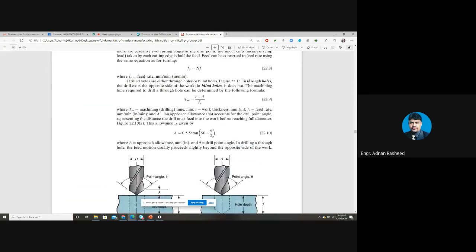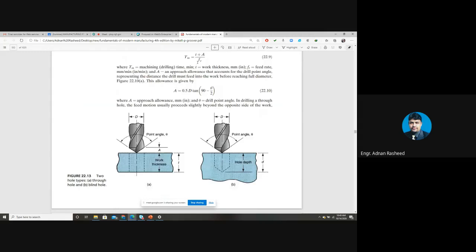Again, the time calculation formula here will be, actually in previous we discussed L over FR. So here you can see that Tm is equal to (T plus A) over FR. Now T is the thickness of the workpiece and A is the approach allowance. Now this is A, approach allowance, because the tool has to travel this distance also. So total length will be A plus T. Where Tm is machine timing, T is the work thickness, Fr is the feed rate, and A is approach